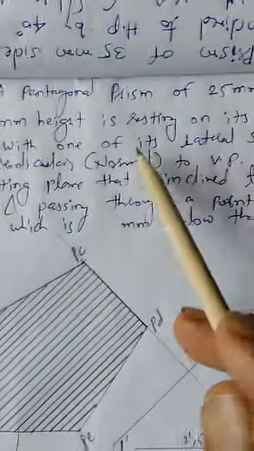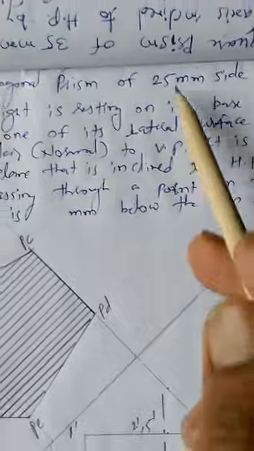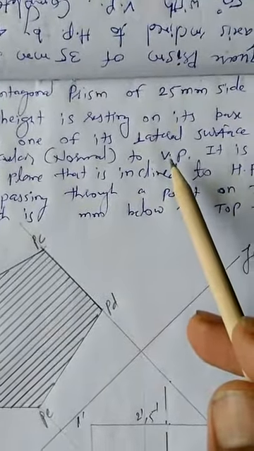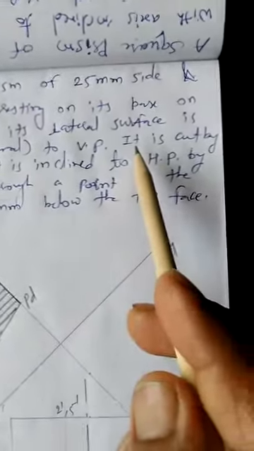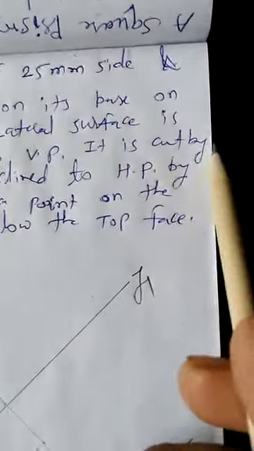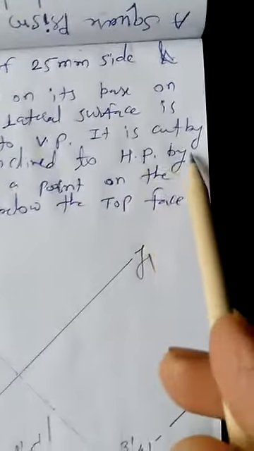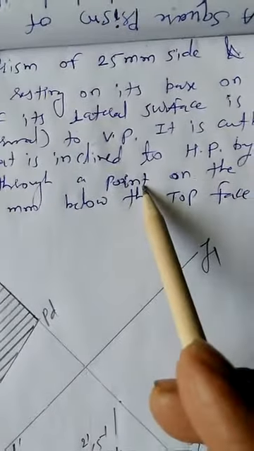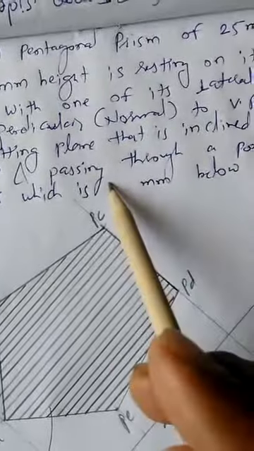HP with one of its lateral surfaces perpendicular or normal to the vertical plane. So this first sentence gives us the overall positioning of that solid on HP without any cutting effect. Now in the second sentence its cutting activity will be mentioned. It is cut by a cutting plane that is inclined to HP by 45 degrees and passing through a point on the axis which is 25 mm